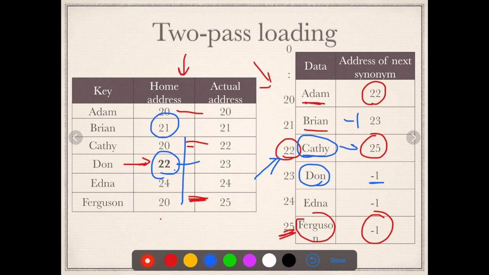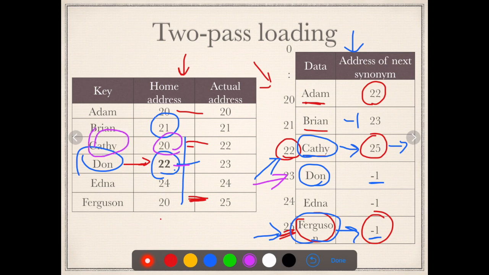So we will look at the next synonym. The next synonym, it says, is at the address 25. When you look at address 25, it says Ferguson and there are no other synonyms. So even though the element Dawn is present in your hash table, it still says that it is not present, because address 22 has been occupied by a key with the home address 20, which is not the same as the address of Dawn. So even if you try to find Dawn, it will say it is not present because the link is not present anywhere.